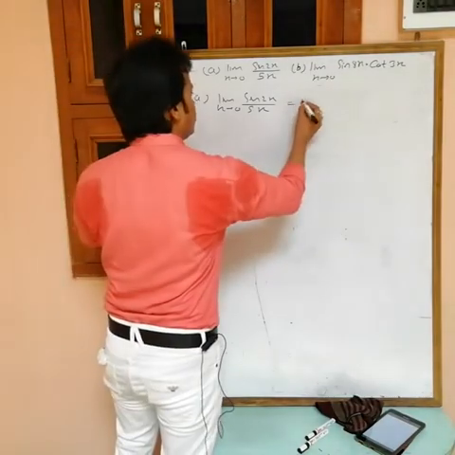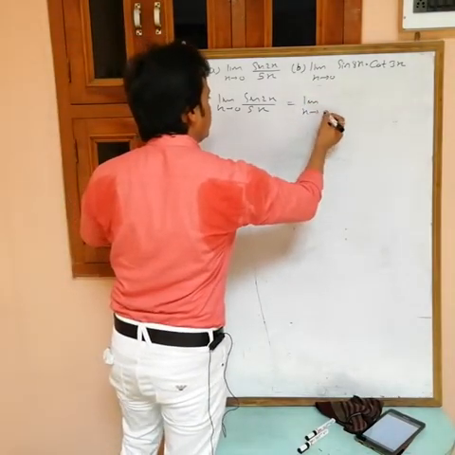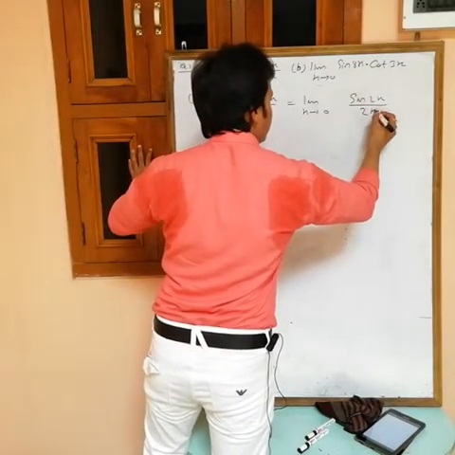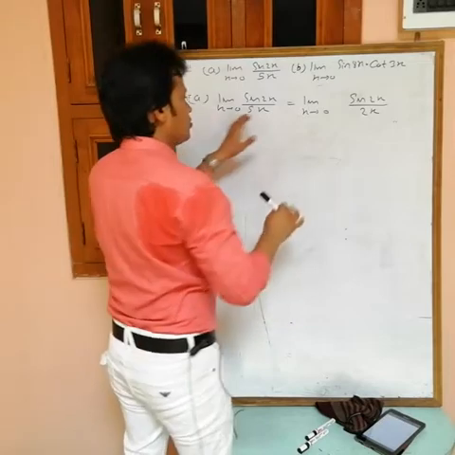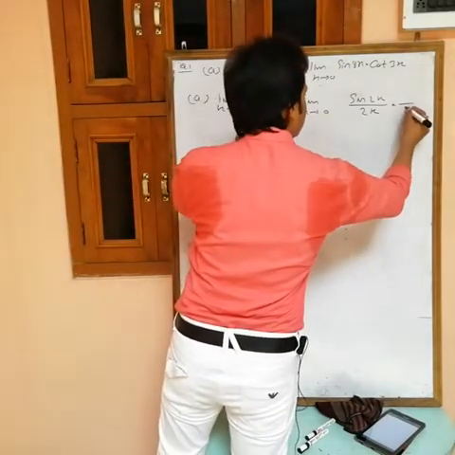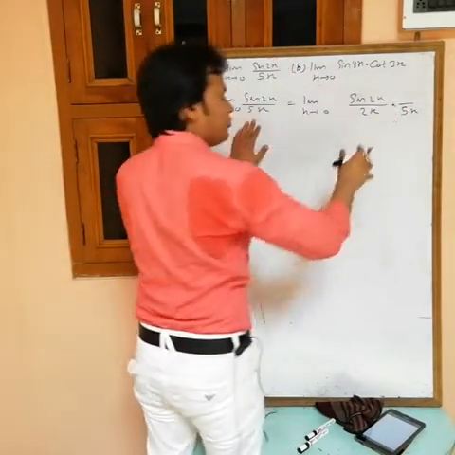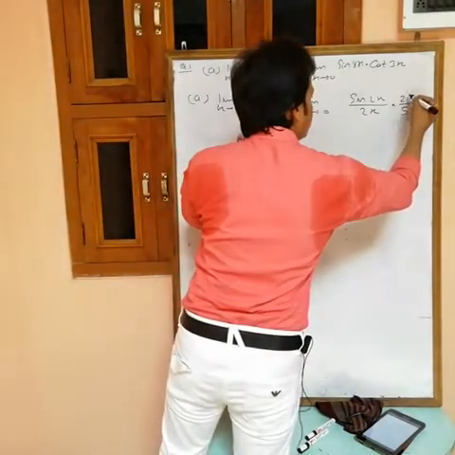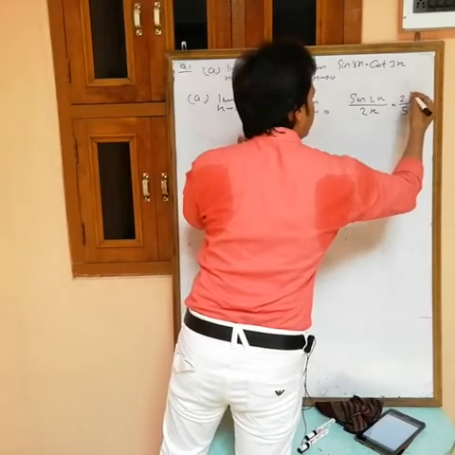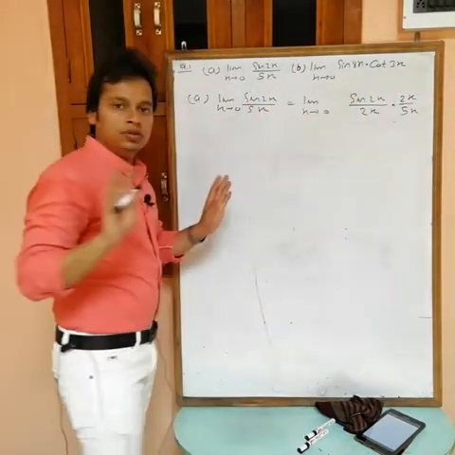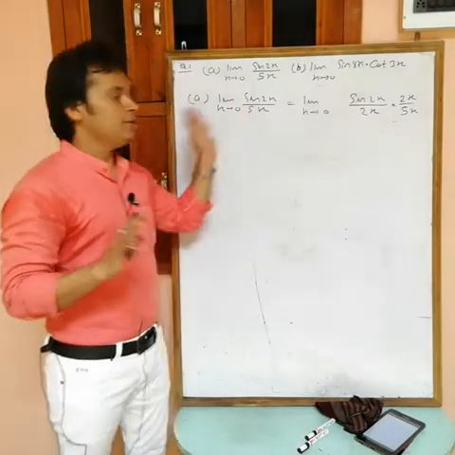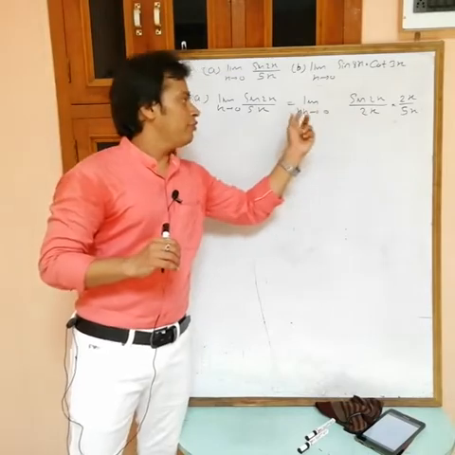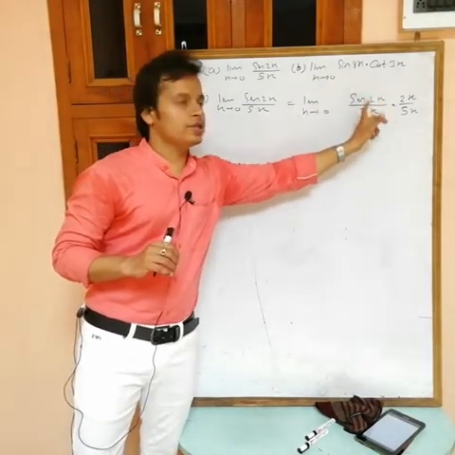So try to convert this into standard form, limit x tending to 0, sin 2x. Here we want 2x in the denominator, but there is no 2x; here we have 5x. It means I am multiplying by 2x from our side, so just multiply by 2x in the numerator also. Now both are the same thing. Now this is like sin x by x form, and when I put x equals 0, it is sin 0 by 0 form also.